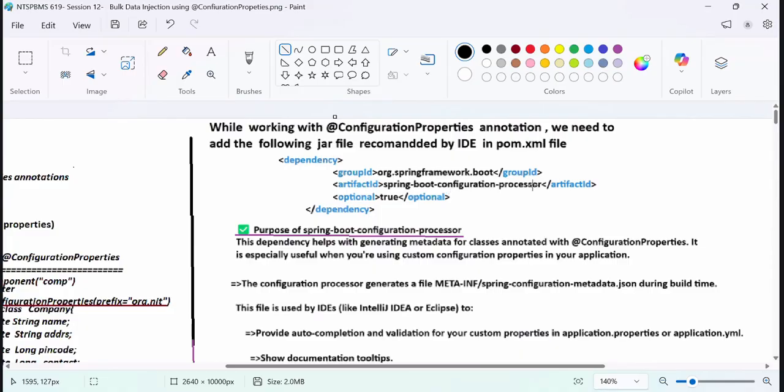Spring Boot configuration processor. What is the purpose of it? This dependency helps with generating metadata for classes annotated with @ConfigurationProperties. It's especially useful when you are using custom configuration properties in your application. It helps to generate metadata for the classes. The configuration processor generates a file